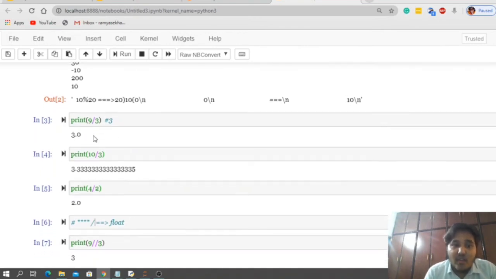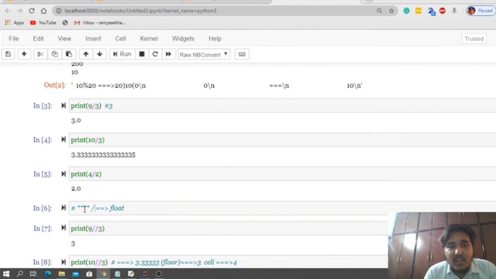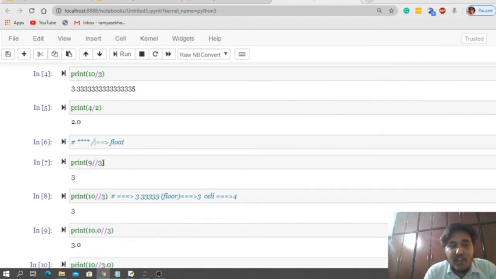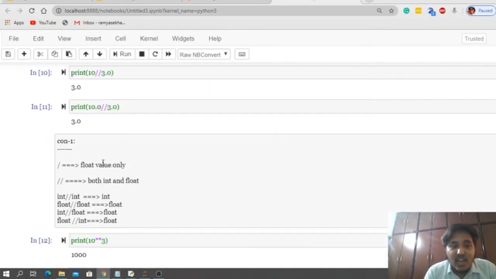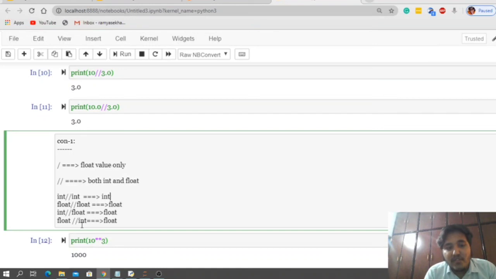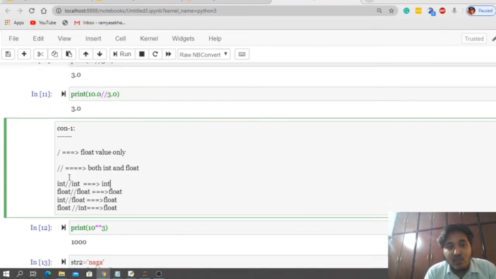Normal division always returns a float, whereas floor division gives either an integer or a float. If both parameters are integer, we get int. Float by float, we get float. Int by float, we get float. Float by int, we get float.